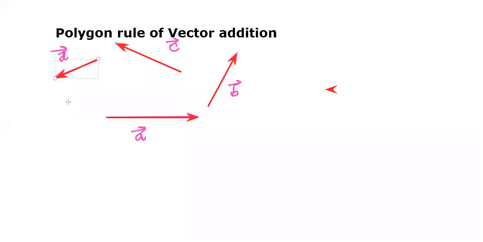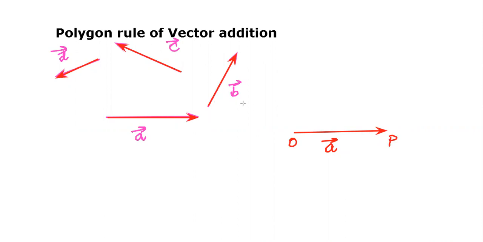Now, suppose we wish to add all these four vectors. So what should we do now? Just try to understand. I will take one vector to be the vector of reference. Say, for example, I take this a vector as my vector of reference, and I represent it by one of the sides of a polygon, say OP. Then what is the best I can do, children?